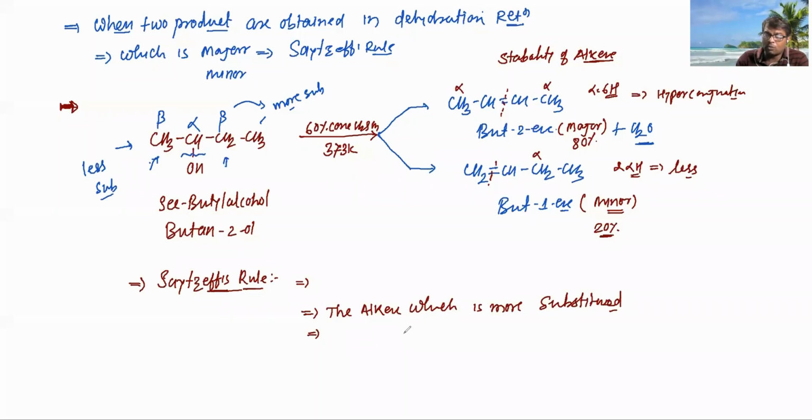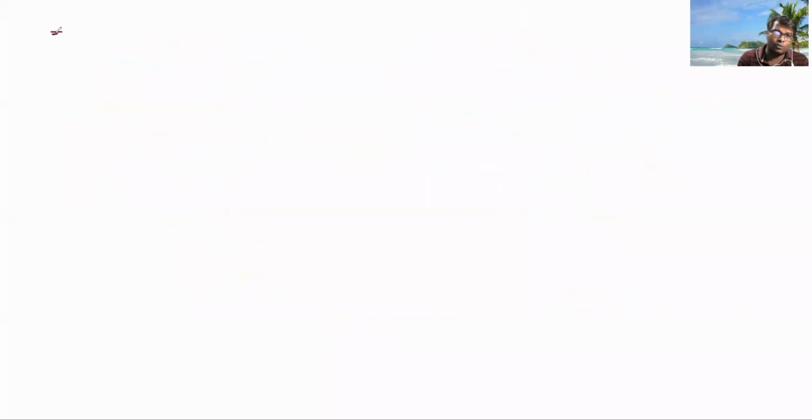Now the mechanism of dehydration clearly explains why a tertiary alcohol undergoes faster dehydration than a secondary alcohol, and a secondary than a primary alcohol. The next point is the mechanism of dehydration. Mechanism means a stepwise explanation of the reaction. The acid-catalyzed mechanism of dehydration takes place in three steps.